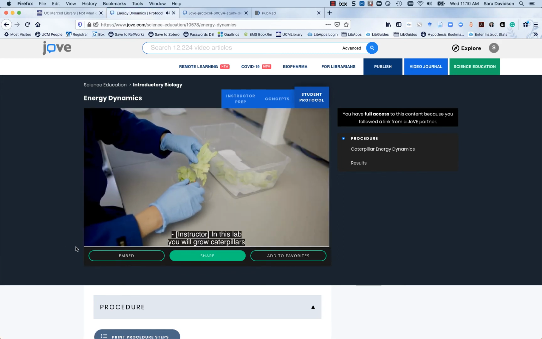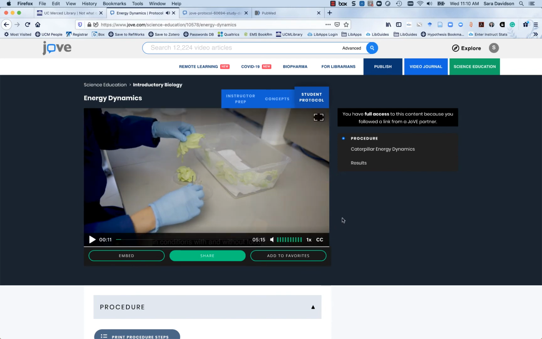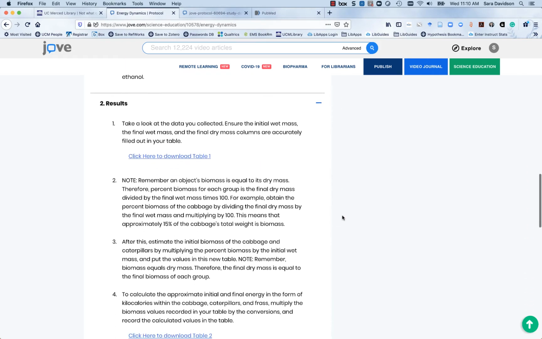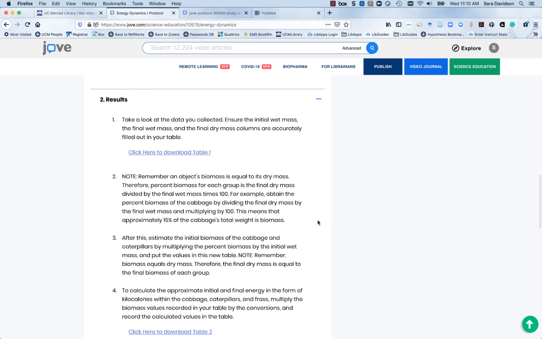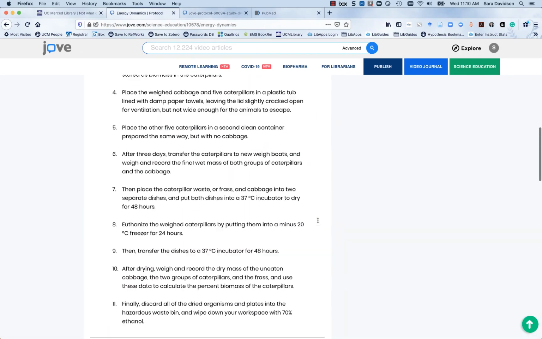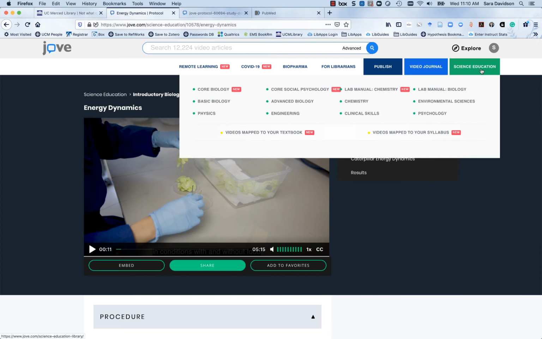In this lab, you will grow caterpillars in conditions with and without food. And then beneath that, there's also information on procedures for them and results. So for instance, what kind of data they need to collect and report out on. So that's what you will get with both the lab manual for biology, lab manual for chemistry. It definitely is intended to be supporting undergraduates in the lab and helping instructors also be able to prepare for